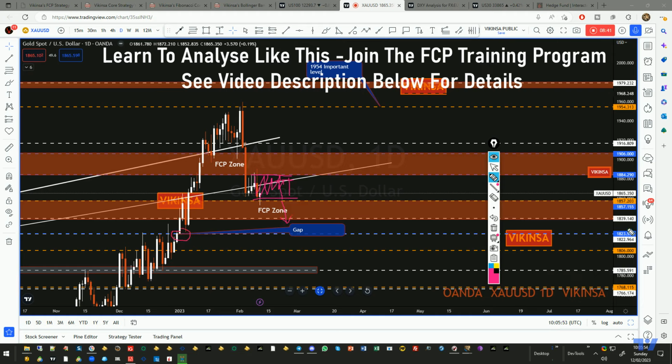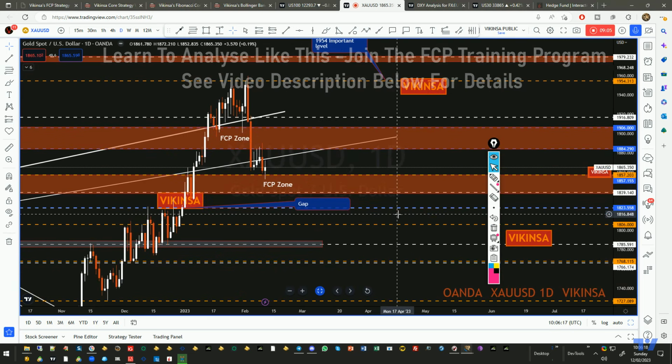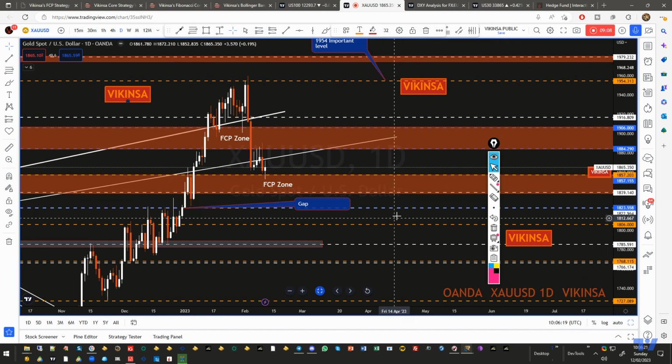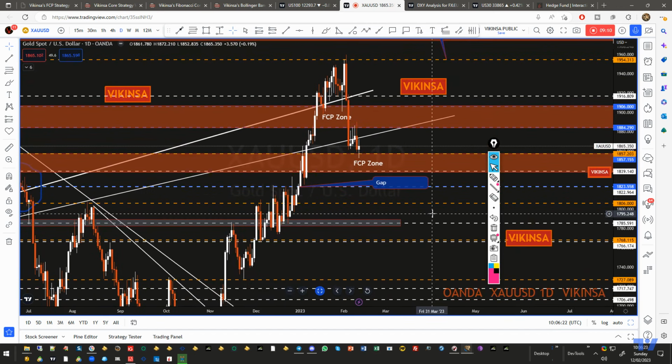This gap is still open. This gap is around 1823, and this gap is the one which was left on January 1st, right? When the year started. So this is a very good target. If the gold starts to fall down, then 1823.558, around that, can be a very good target, because the market may actually come back to close that gap up. Remember what I've been talking about? Gaps do get filled at some point in time depending on the market behavior and market's personality, but they are never guaranteed to fill in your expected timeline.